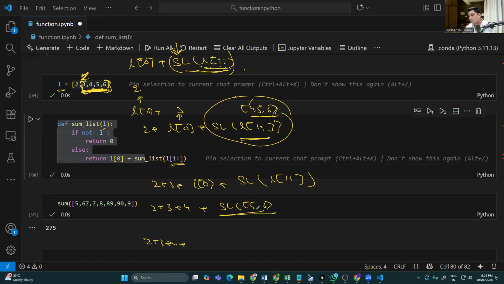So list of 0 will be 5, right? Plus the sublist of basically 6 and beyond. So 2 plus 3 plus 4 plus 5 plus list of 0 for this. So what is list of 0? List of 0 is basically 6 for me, and then there will be no element